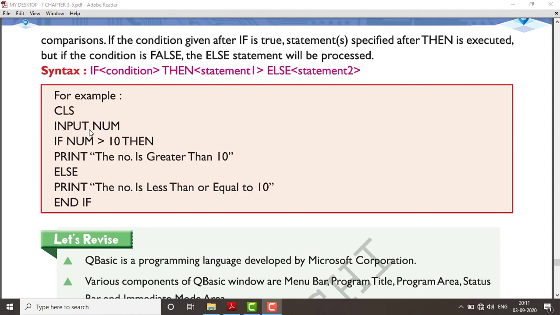Here your computer is asking for the input of any number. If you type a number and that number is greater than 10, then you will get this answer: the number is greater than 10. But if that number is 10 or smaller than 10, then you will get this answer: the number is less than or equal to 10. So this one is if else. मतलब अगर condition true हो जाए तो ये, नहीं तो false. Else का मतलब है यहाँ पे नहीं तो.